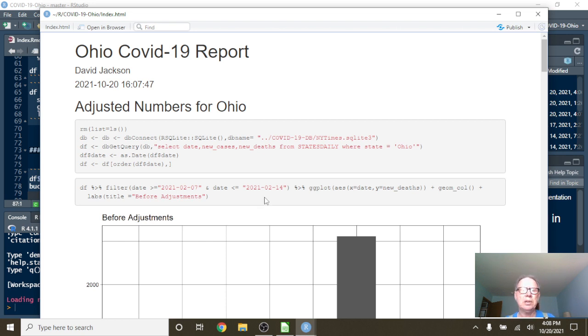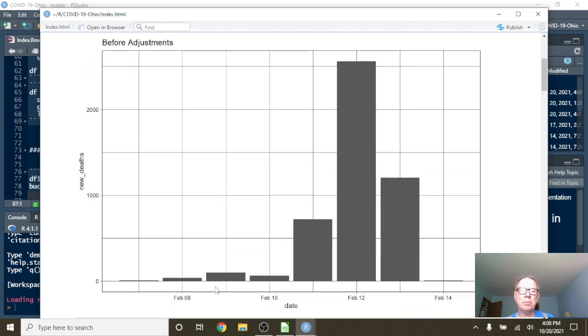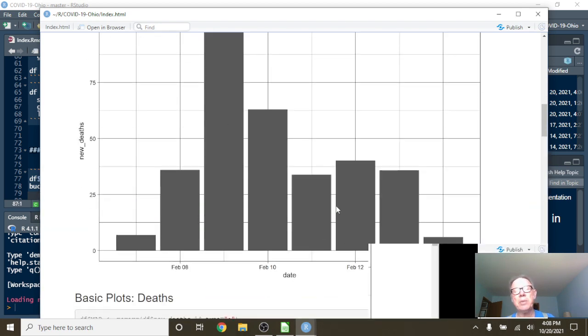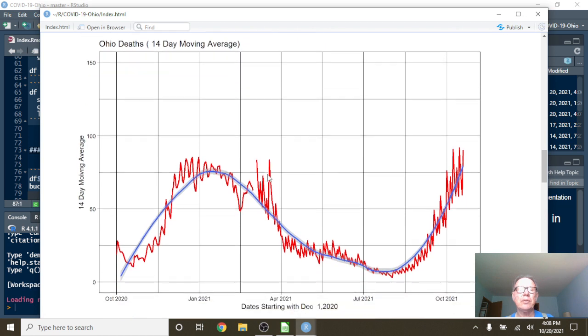Because what you can see here is the numbers added onto the system. It completely dwarfs all these numbers back over here. So what we do is replace these 3 dates with the average number of deaths for those days. And that's what that looks like now. So that's a much better fit, even though we're still missing 4,000 over here, okay? So we take a look here. The red line is a 14-day moving average. The blue line is a fitted curve. Again, you can see, remember, these numbers here were undercounted by 4,000, and these numbers over here were overcounted by 4,000. So this right here could be those 4,000.